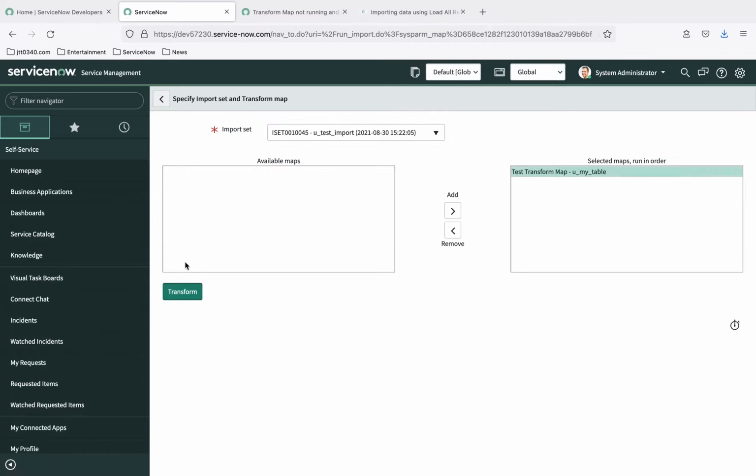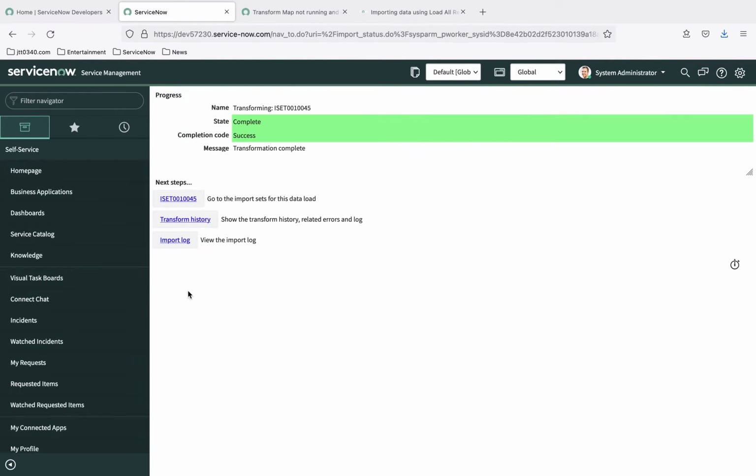ServiceNow is going to ask us to validate a couple of things. First of all, what import set do you want to use? And it's populated here, the one that we just created, the import poll that we just did. So import set 1001045 is the number it gave that one. And then it's going to ask us to validate what transform map we are using. Again, we only have one, so it defaults that in the selected maps run in order box, and we're ready to transform. So I'm going to click the transform button,